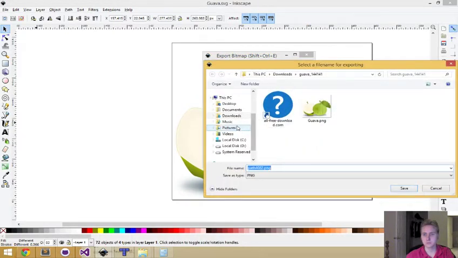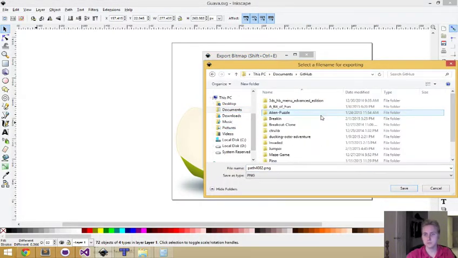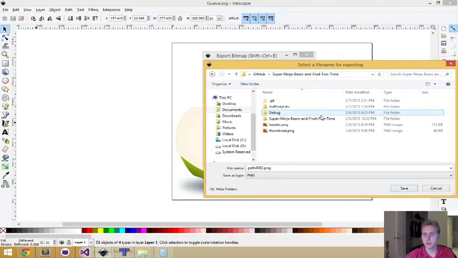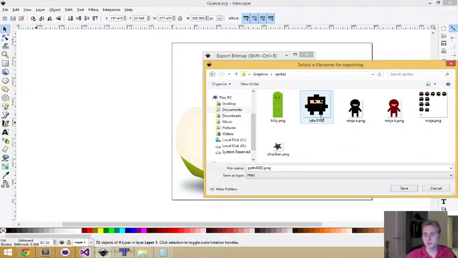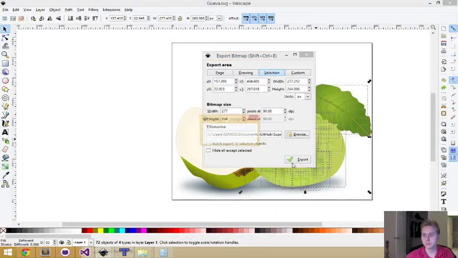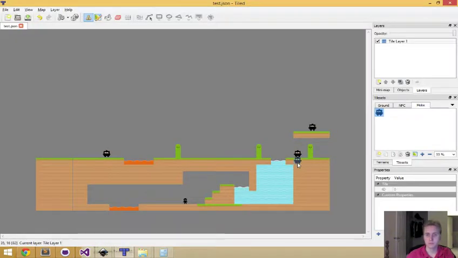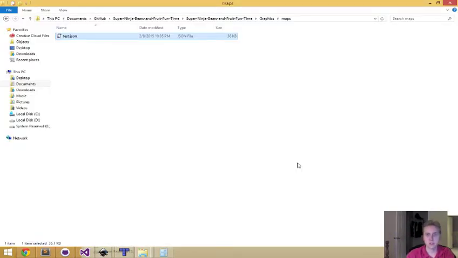GitHub. Graphics, sprites, guava, PNG, and we're going to make this 64 by 61, and coming to here,